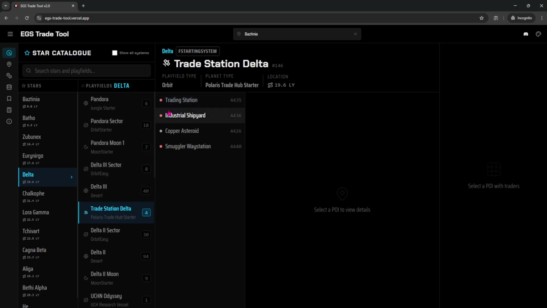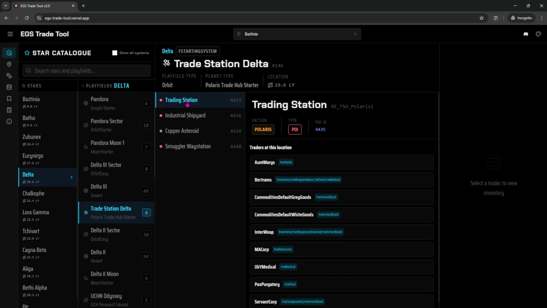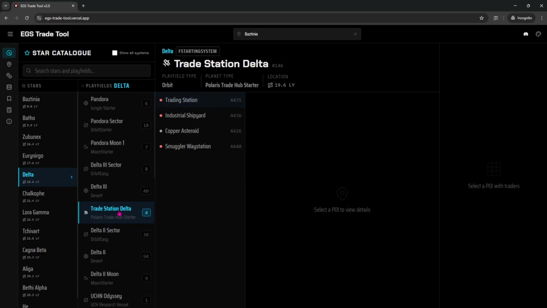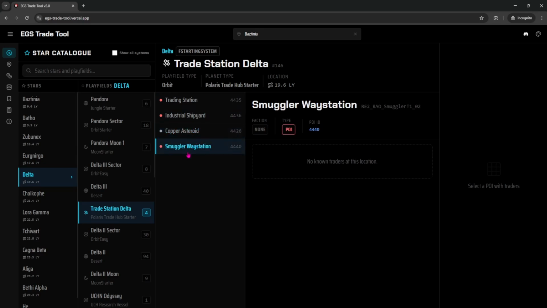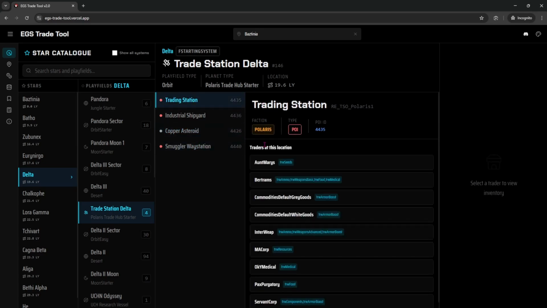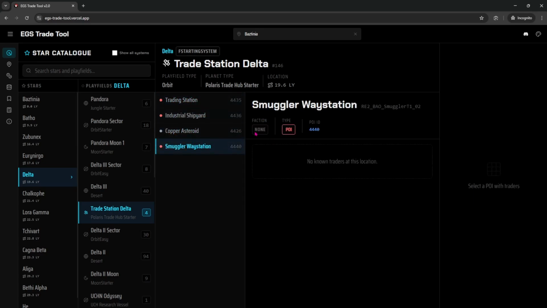So once you click on your play field, you can see how many POIs are there. So Trade Station Delta, right up here. It's a Polaris Trade Hub for the starter kind of play field it is. Trading Station, Industrial Shipyard, and Smuggler Way Station. Those are the 4 things that I found. You click on it, it'll show you the